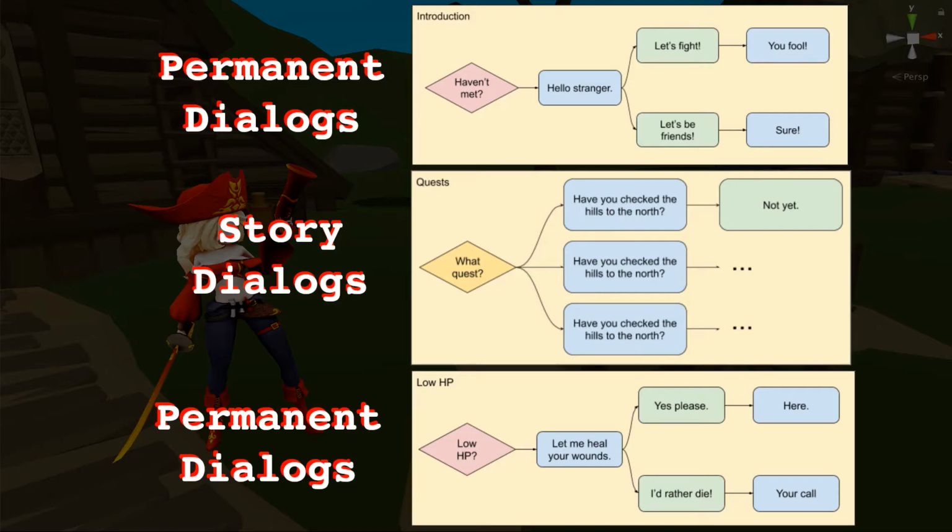And the good thing is that the dialog system with the triggers and conditions can cover both. So given the same features that we discussed, you can have a file for permanent behaviors or permanent traits of an NPC character, and you can have different conversations that pertain to a story in the file for that story. I hope this last section made sense. I think it is more useful if you're working on a larger game. But since I started working on that demo project, I realized this soon, so I just put it out there.